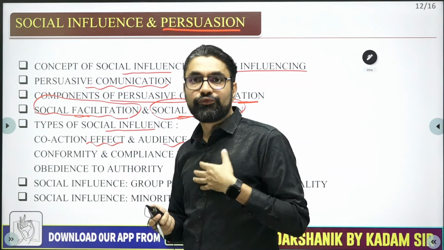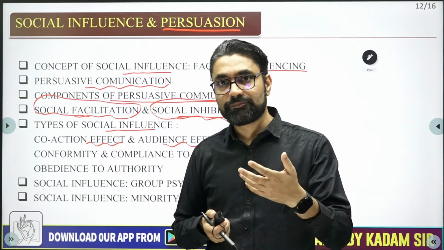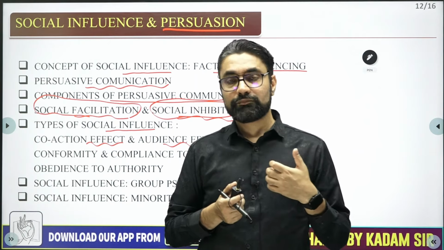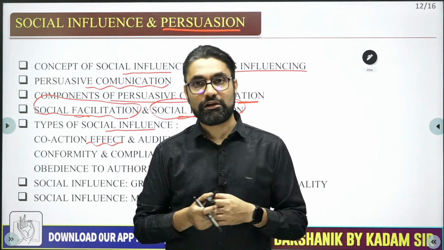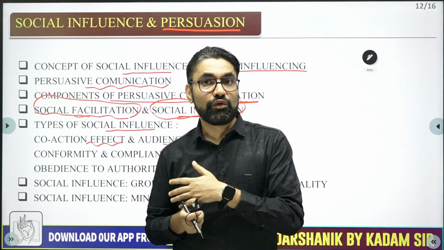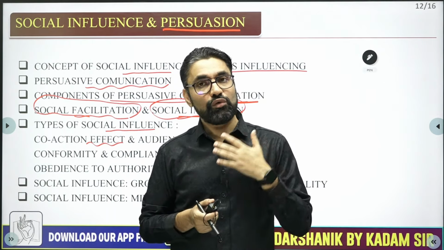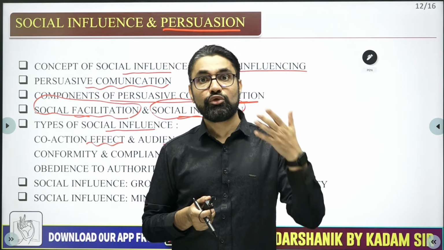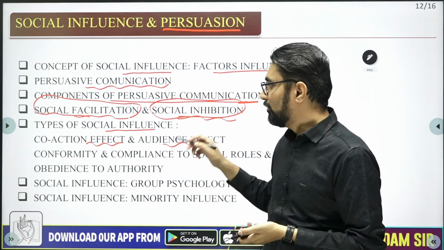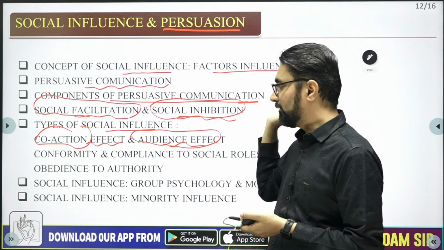Then we'll discuss a few other types of social influence, that is coaction effect and audience effect. Most of the time, if we are performing some action, then our productivity changes, it improves if other people are competing with us. If you join a gym alone, you might not be regular. But if you join with a partner, sometimes the partner doesn't want to come, but you take the partner along. Sometimes you don't want to go, but the partner takes you along, and you go more regularly to the gym if you have a partner practicing with you. So automatically your behavior improves: coaction and audience effect.